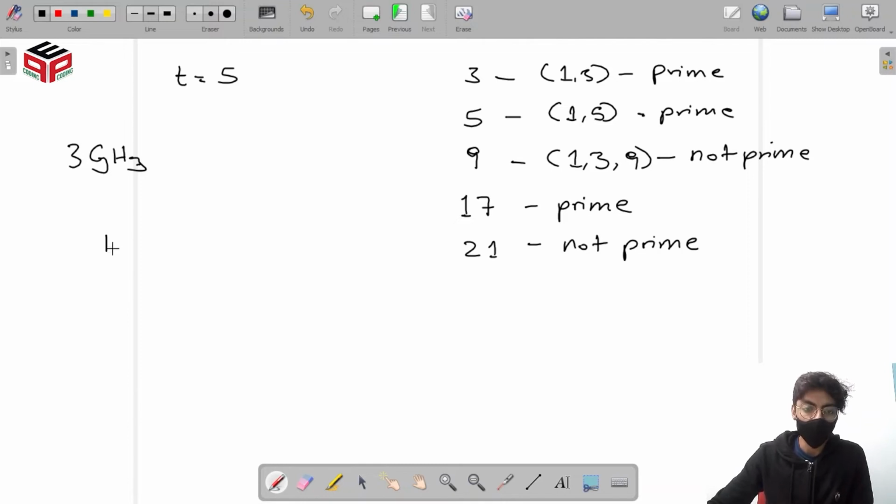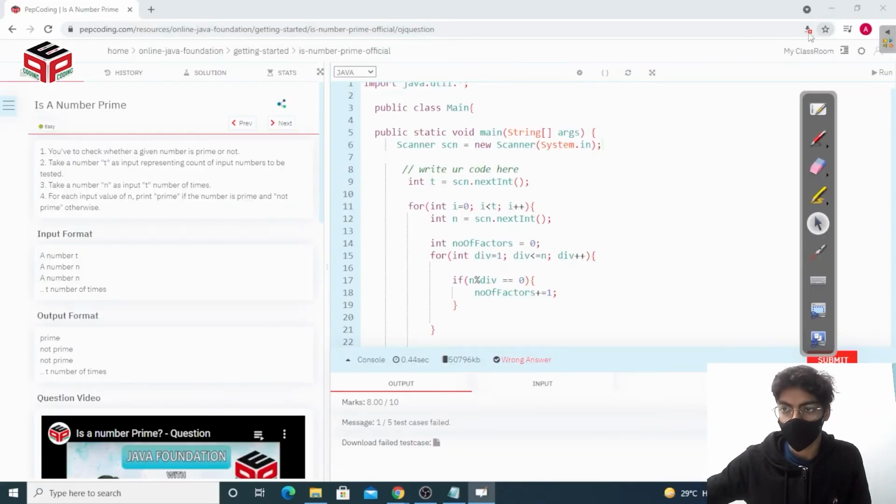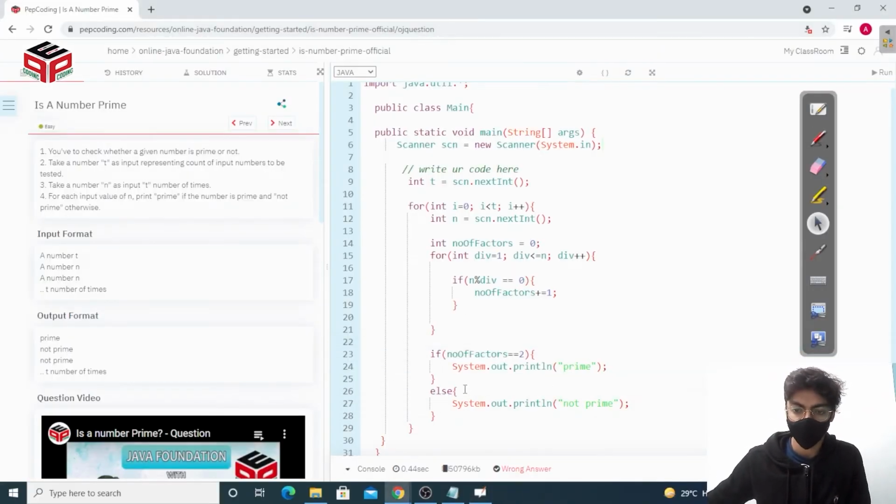A computer can perform 10 to the power 9 operations in 1 second. And if you have a 3 gigahertz processor, it can perform 3 into 10 to the power 9 operations in 1 second. So the order is 10 to the power 9 number of operations that has to be maintained. But in our program that we have created right now, let's bring this here.